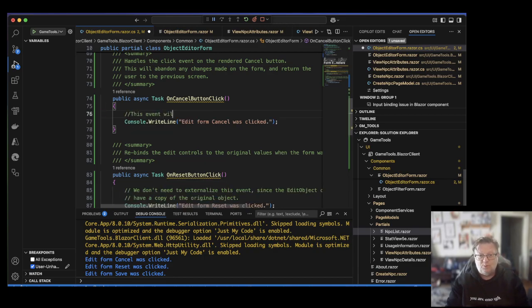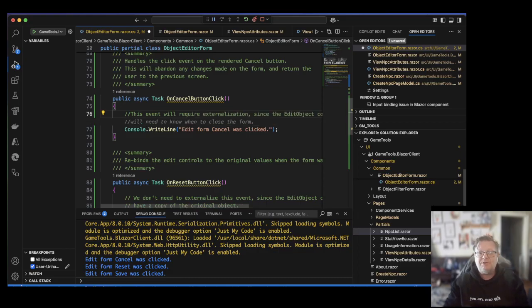This event will require externalization,